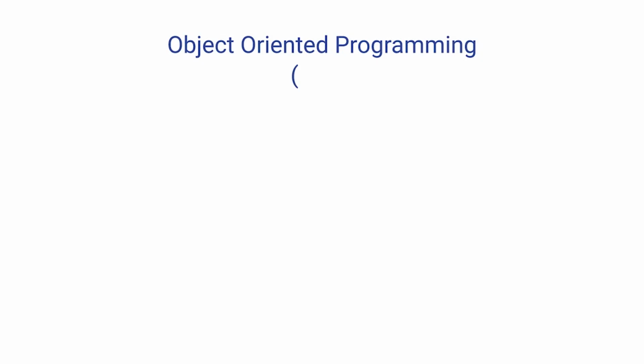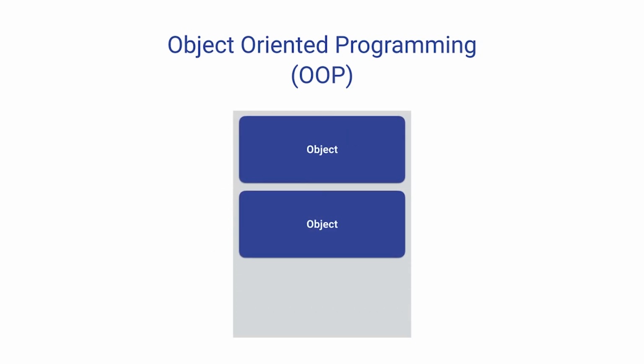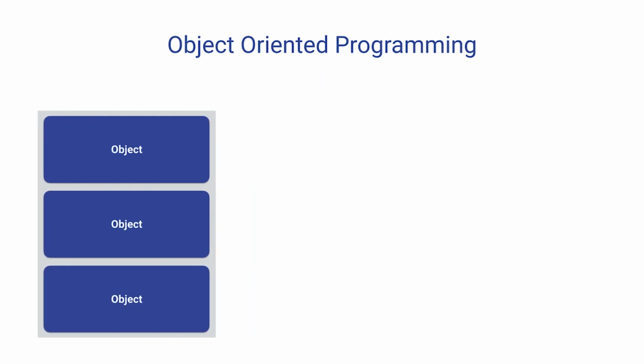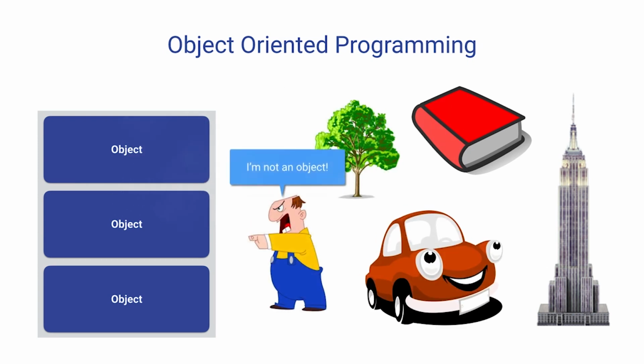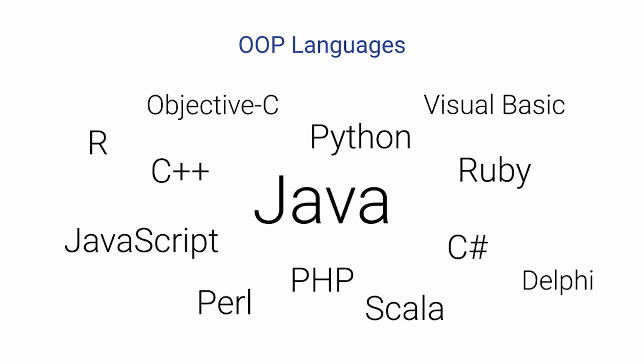Object-oriented programming, or OOP for short, is a type of programming that is driven by modeling your code around building units called objects. Each object, as the name implies, represents a real-life object in the world around us, like a building, a book, a tree, a car, even a person. No offense, of course. Nowadays, almost every modern programming language you've heard of is object-oriented, including, of course, our beloved